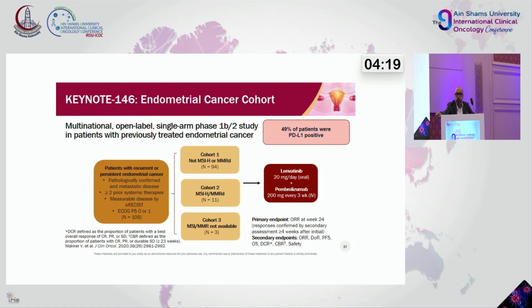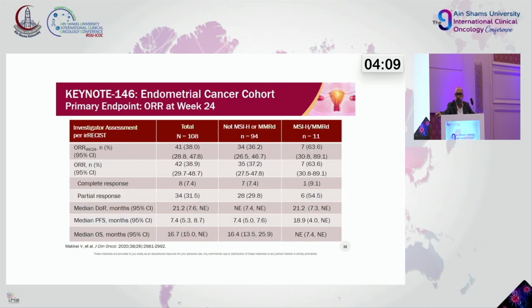In the KEYNOTE-146 endometrial cancer cohort, patients are randomized to receive lenvatinib 20 milligram per day plus pembro. We have 3 cohorts: cohort 1, not MSI or mismatch repair deficiency; cohort 2, MSI high and mismatch repair deficiency; and cohort 3, MSI and mismatch repair not available. The overall response rate in total was 38%. For not MSI or mismatch repair deficiency, 36.2. For MSI high, it was